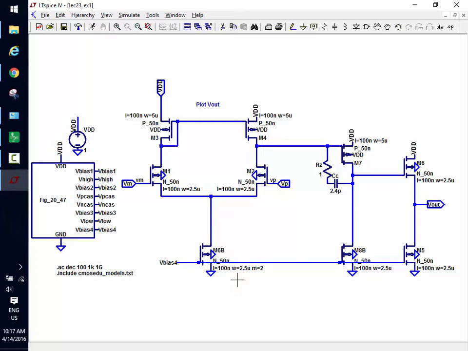So why don't I, just for the heck of it, do the following. Oh, crap. You know what I just realized? Oh, no, that's fine. We're using the CMOS EDU models. I was thinking I was going to do it in the C5 process, but that's your project. I don't want to do too much. Okay, so why don't I quickly hit save